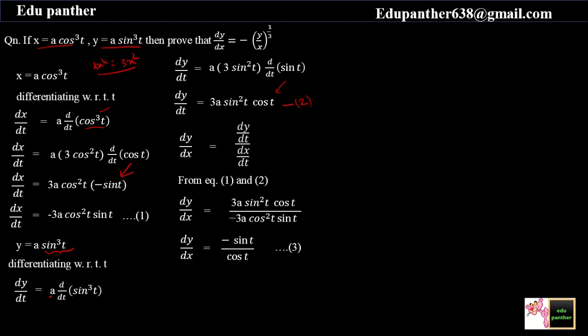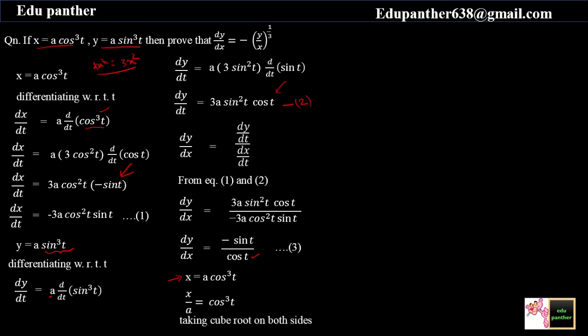So we'll use the given question. What is given here? x is equal to a cos cube t. Now you can notice here our denominator is cos t. So from this given equation, x equals a cos cube t, we'll try to find the value of cos t and then substitute it in equation number 3. Since we are looking for cos t, first we have to get rid of this a. So shift this a to the left-hand side, and we'll get x by a is cos cube t. Again, we are finding cos t, so we have to remove this cube.